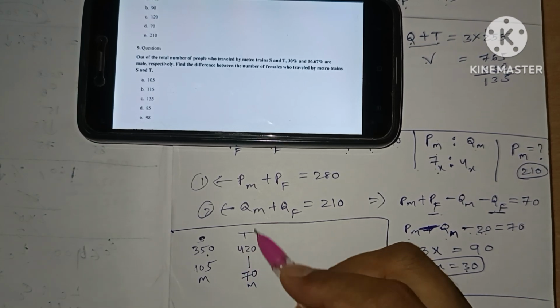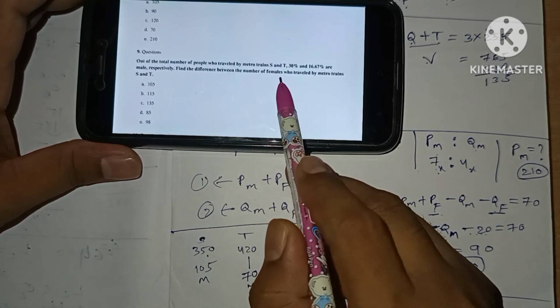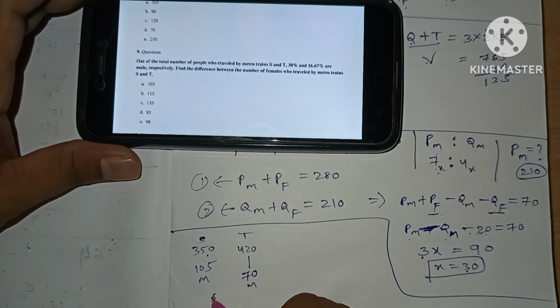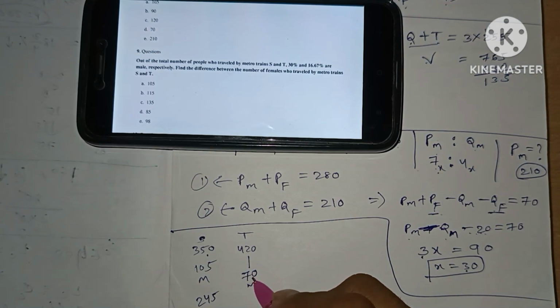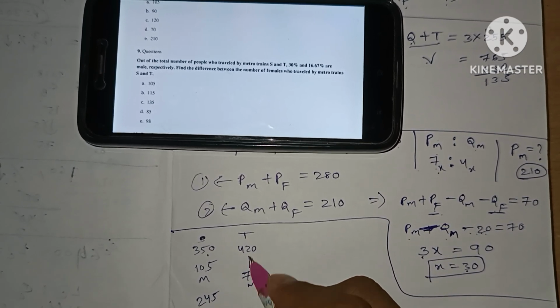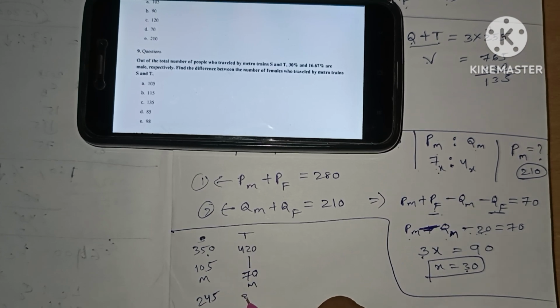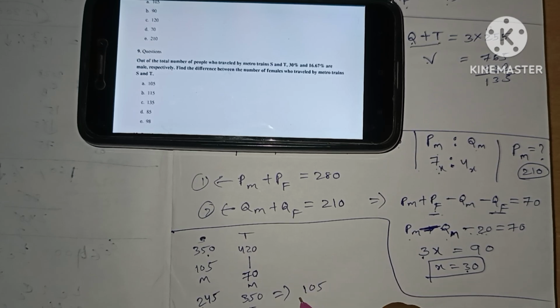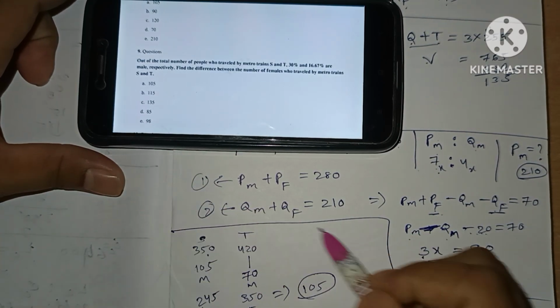70 are male. Now the question asked is to find the difference between the number of females who traveled by metro train S and T. The number of females in S will be 350 minus 105, which is 245, and here male is 70, so females will be 350. The question asked is the difference between the females. 350 minus 245, which will be 105. So this is our answer. Option A is our answer. Next,